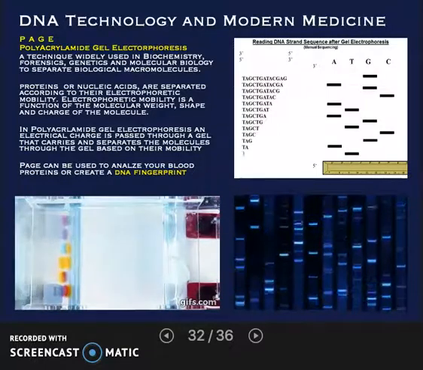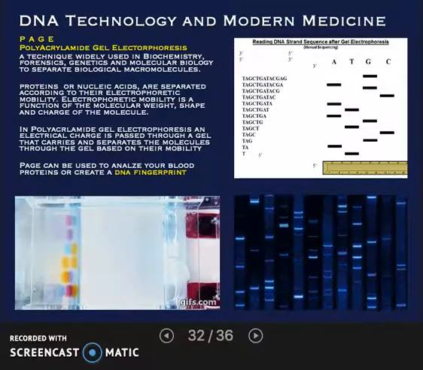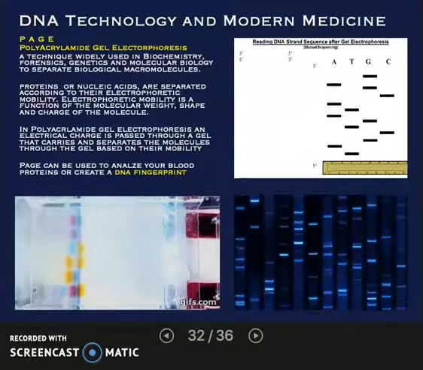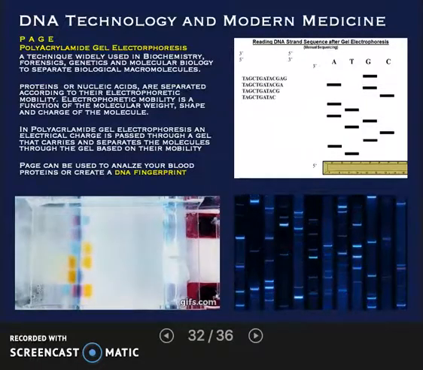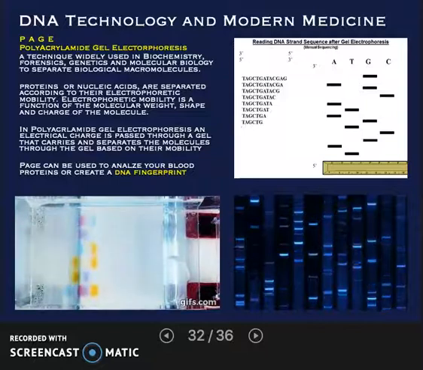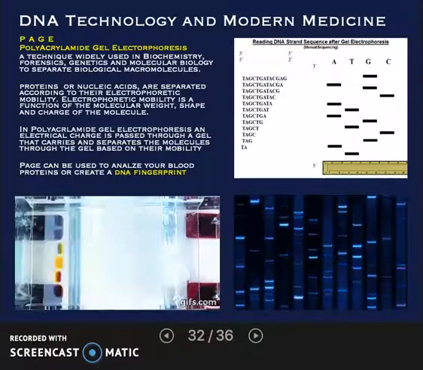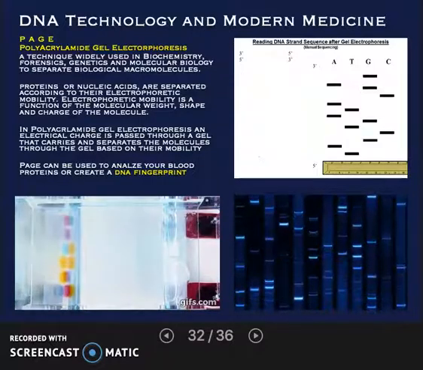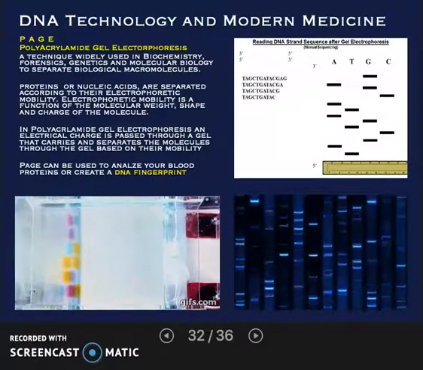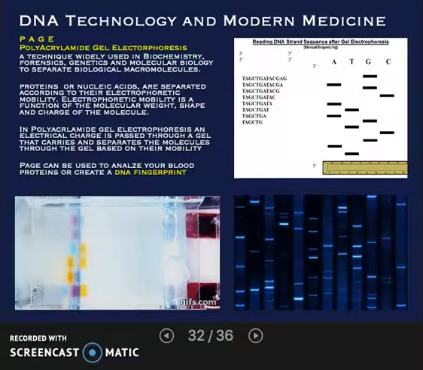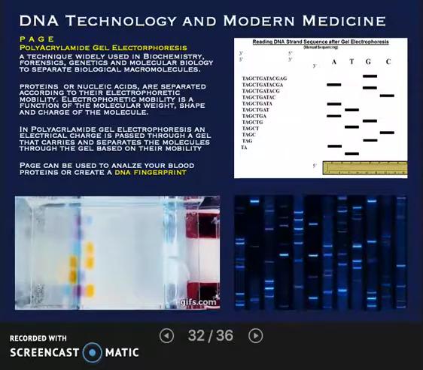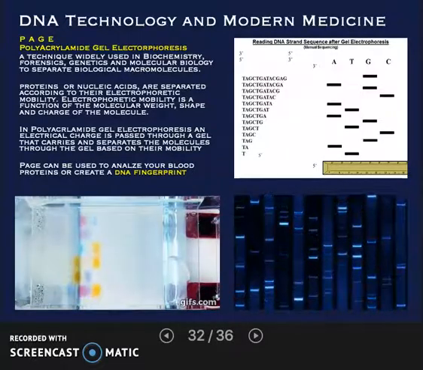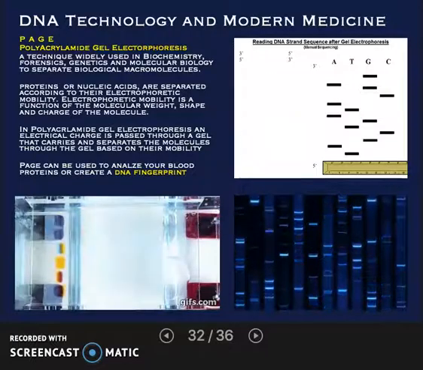In biochemistry, you're constantly faced with mixtures of all kinds of different tiny little molecules. And so the role of every biochemist is to isolate and purify specific biomolecules for study. And gel electrophoresis is the way that's done largely. In short, you take your sample and you put it into a gel. It can be made out of stuff like agarose, seaweed.